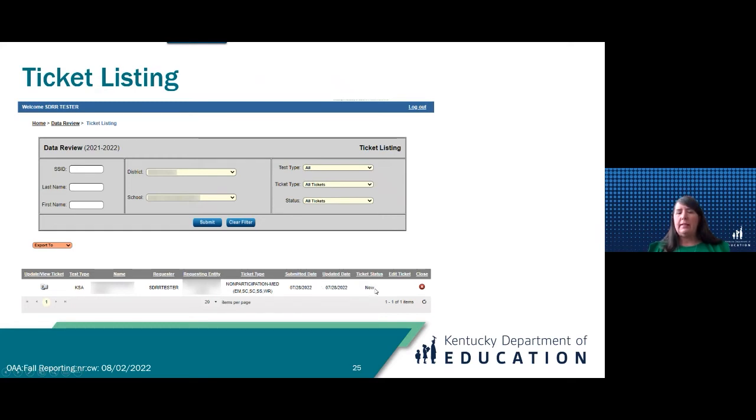And then the ticket status, whether this was new, or if you had to go back and do edits, or if it's not approved yet, for non-participations or for accountability reasons, then it will also show you here on your ticket. It'll tell you the ticket status of that as well.